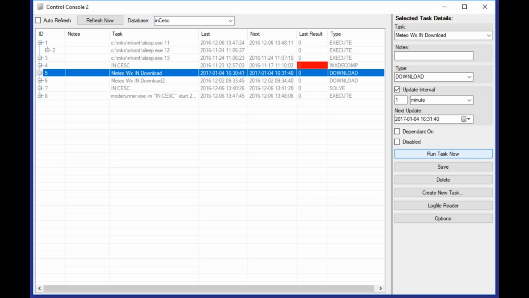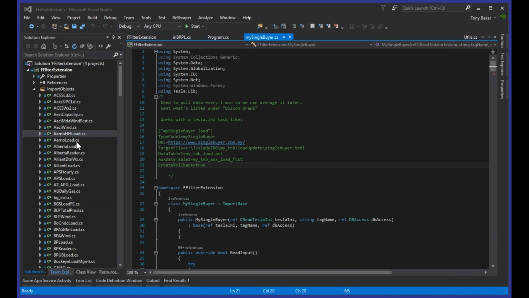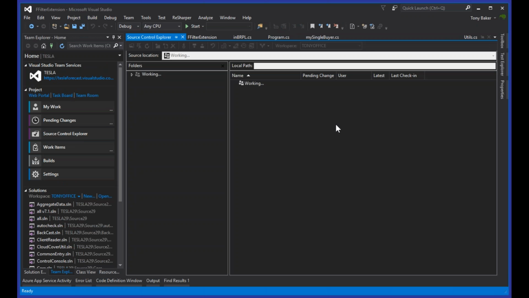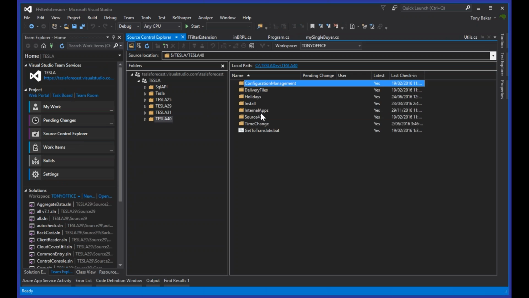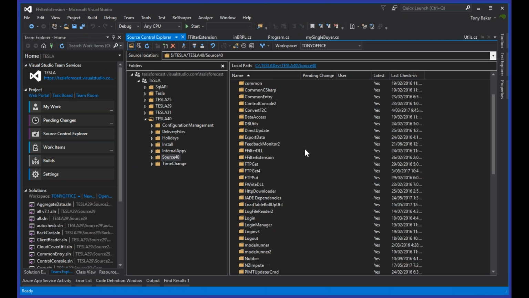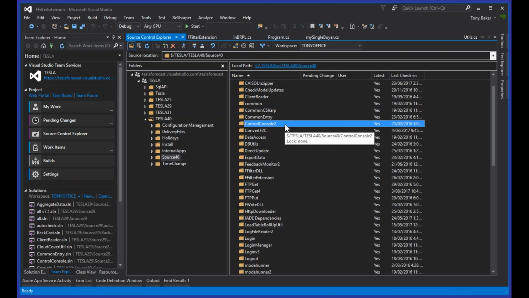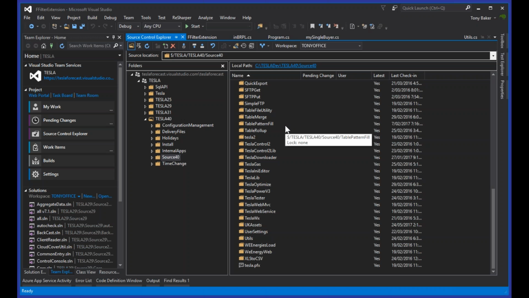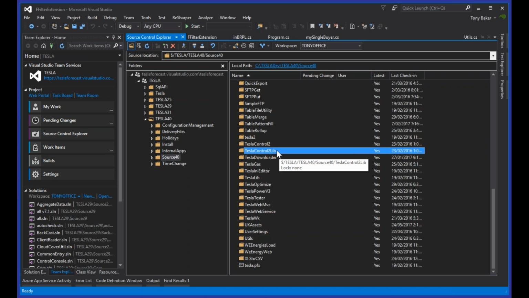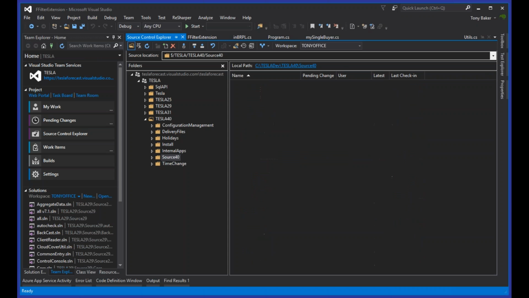So the thing that does all the work, if I go back perhaps to my Visual Studio here, and I'll just bring up Team Explorer, Source Control Explorer. So Tesla 40, Source 40. There's our Control Console 2 we were just looking at. But the real guts of what does all the work is Tesla Control 2, which is essentially just a wrapper for Tesla Control 2 lib. Okay? So if I open up the Tesla Control project,